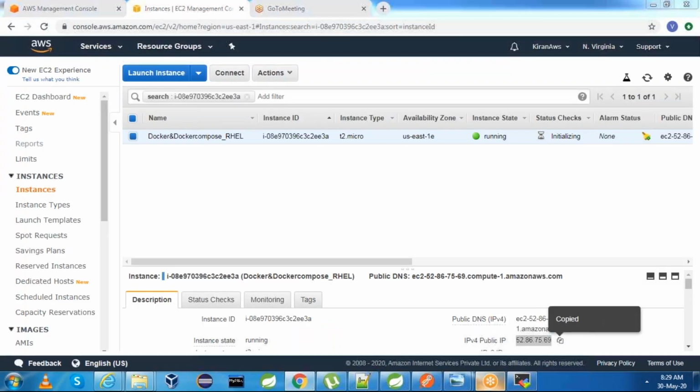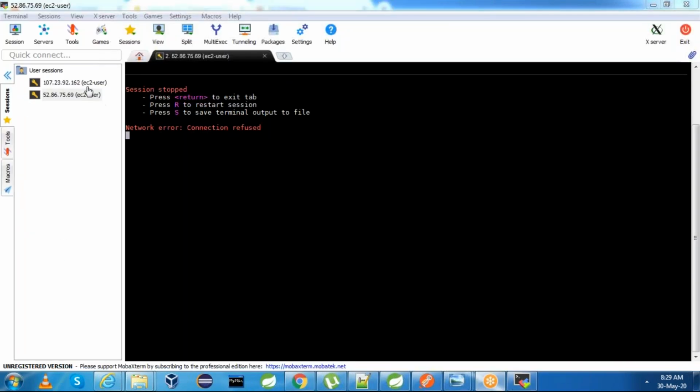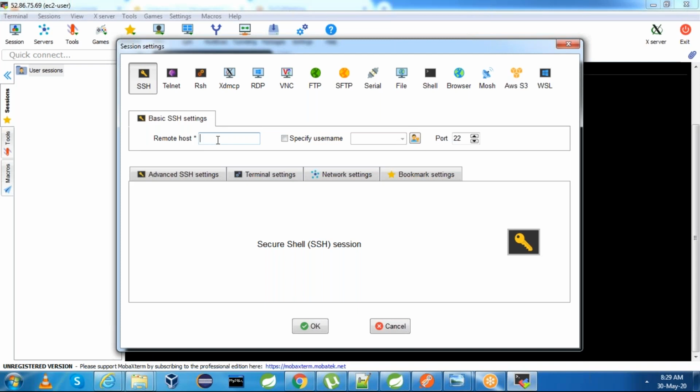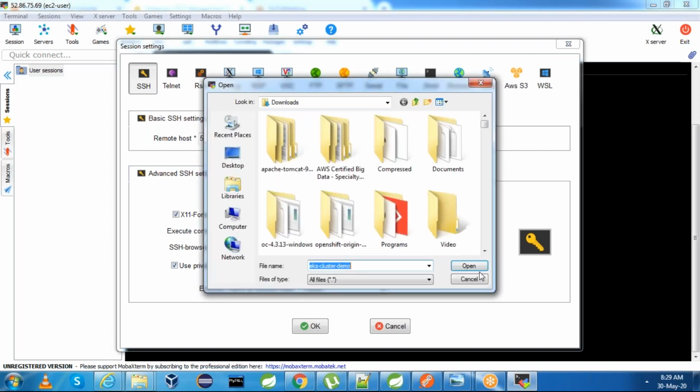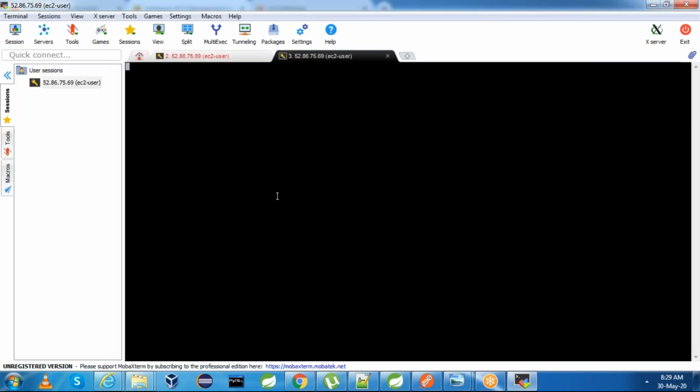Okay, this is the IP. Session, SSH, remote host, specify username, ec2-user, advanced SSH, use private key. This is the key pair.